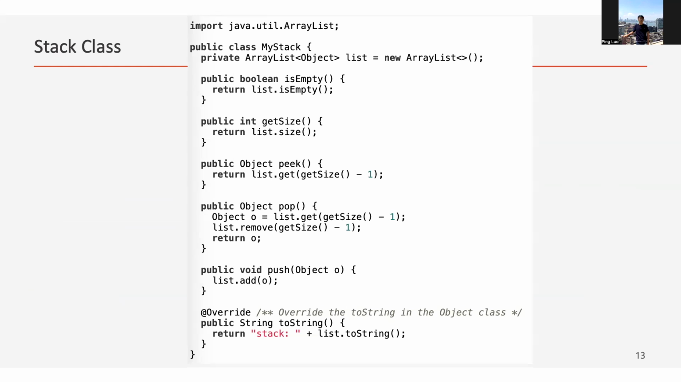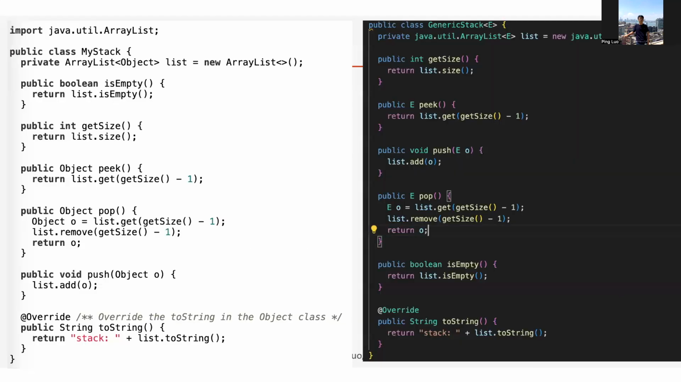But for stack, we can just use this class to represent it. For this stack class, you can see that instead of using string or any other type, we use object. This is like a traditional stack. If we do it this way, we can input anything to it, an integer or a string, whatever types you want. But if we want to make it more secure and reliable, we can create a generic stack. The right script is almost the same as the left one,